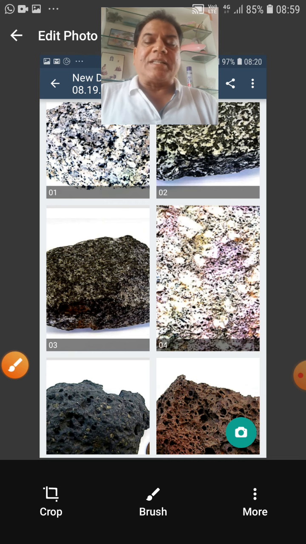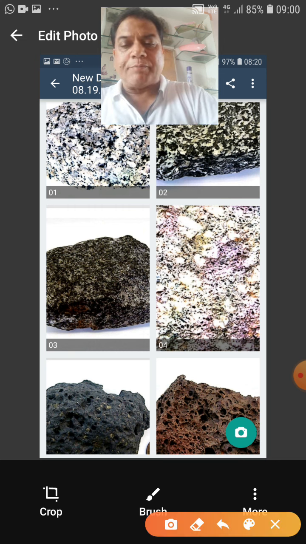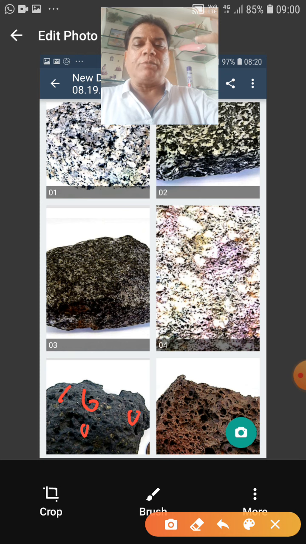Similarly, the basalts now also have the vesicular. Vesicular means, in the volcanic or extrusive rocks, you can see the lava, and from that lava gases escape to the atmosphere and vesicles are formed. So in this sample, you can see these small vesicles. From these points, the gases have escaped to the atmosphere and cavities have formed. Such rock we call vesicular, and it's a basalt.